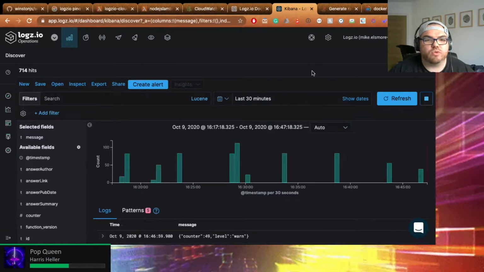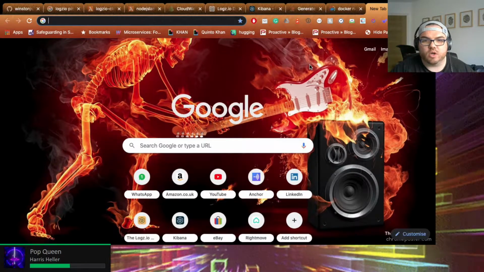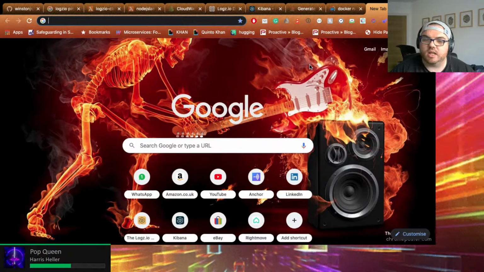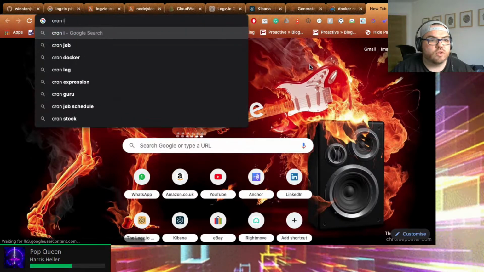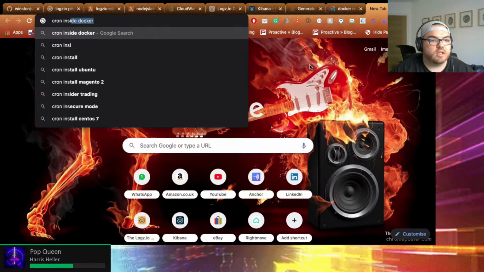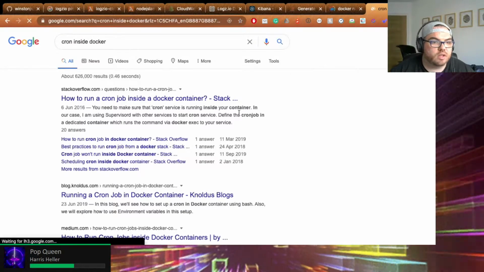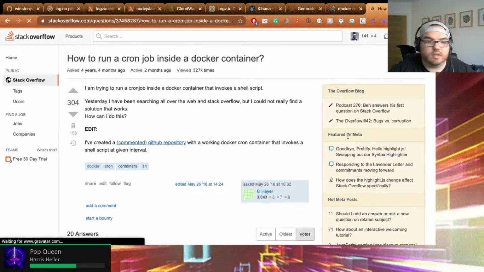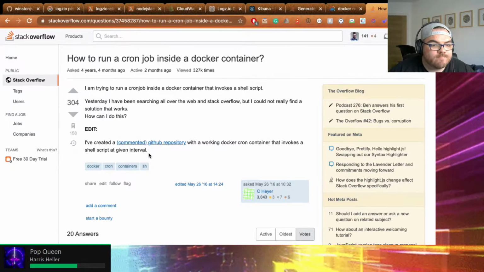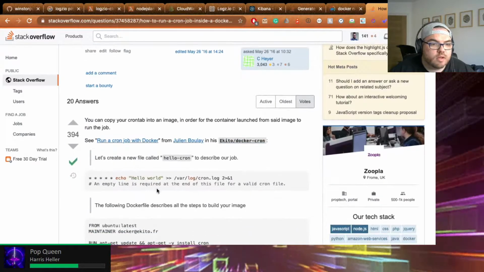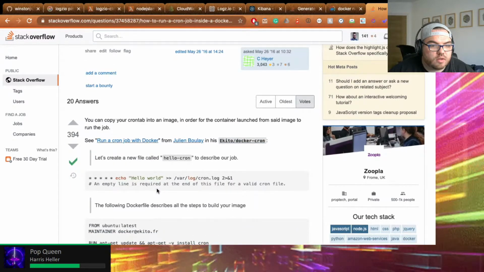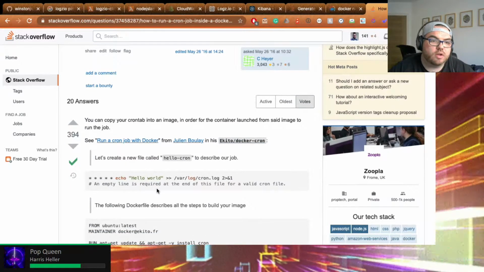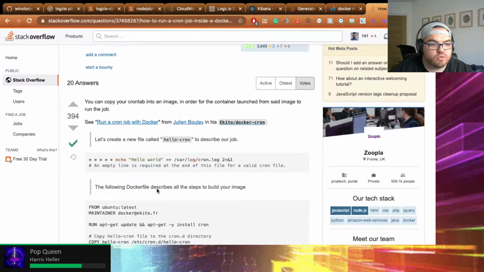However, I'm pretty sure there's a better way of doing a cron, so I want it to be running continuously. Cron inside Docker. You can copy your crontab onto the image.